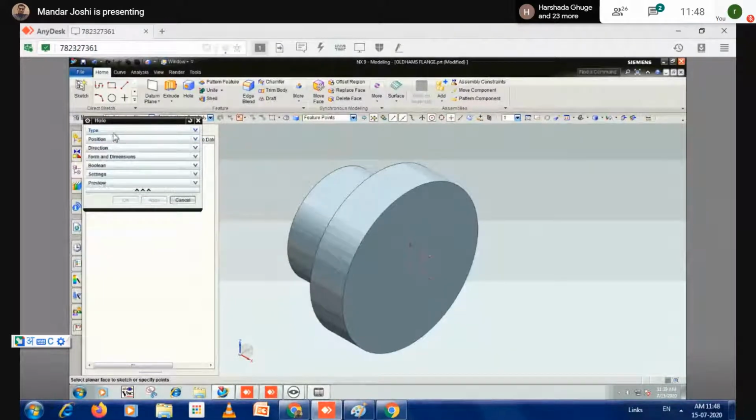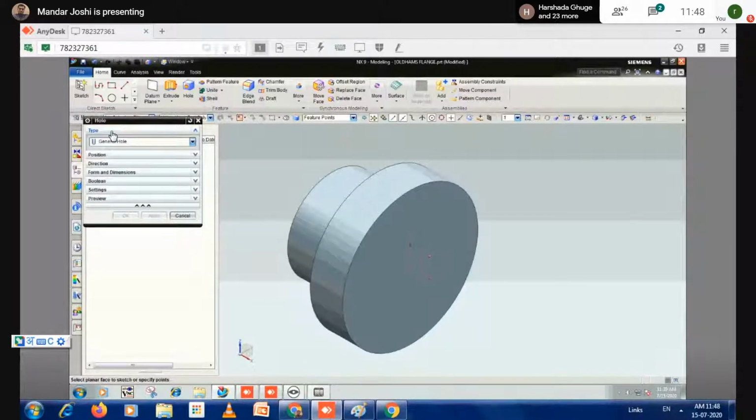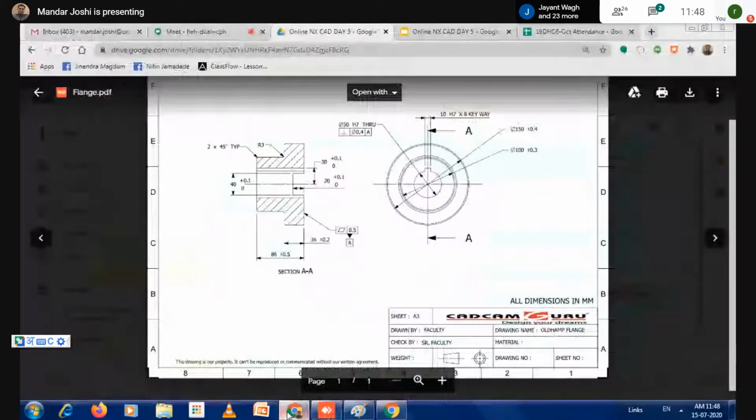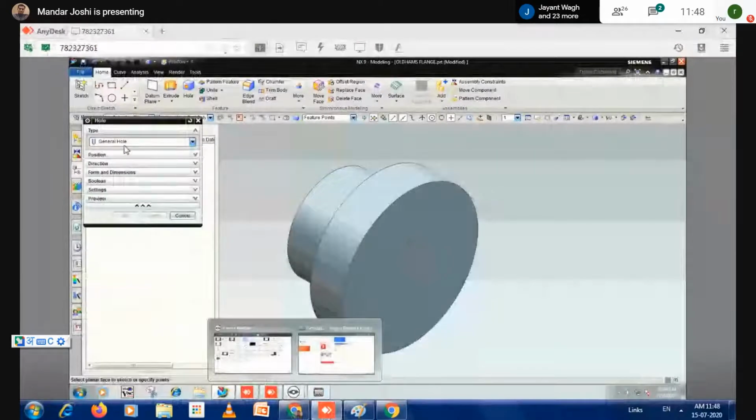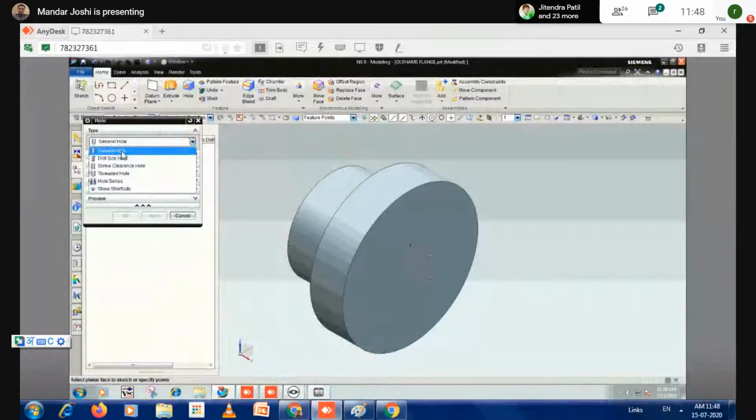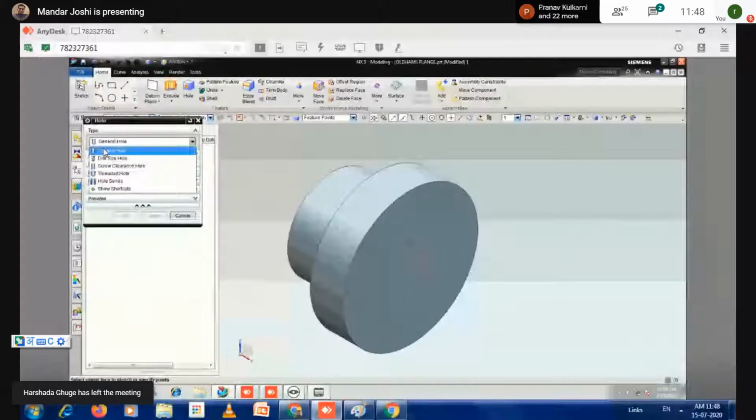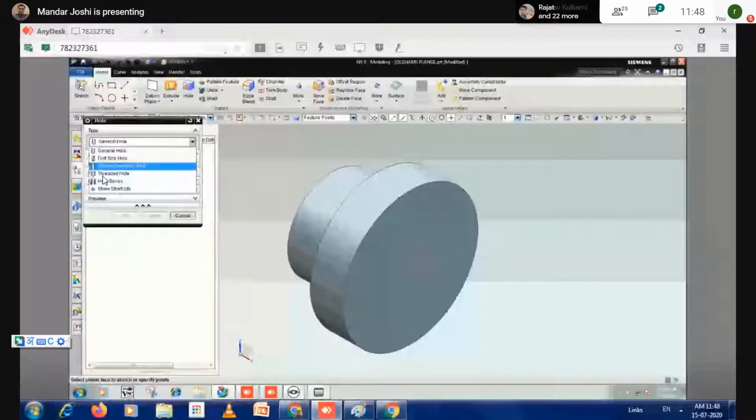First step, you have to define the type of hole. I want to apply a very simple hole. The size is very simple: a diameter of 50 and the depth is through. Only those two pieces of information you have to provide. So I'm taking the general hole here. But if you want to use a standard hole, then use the drill size hole. If you want to use a tapped hole, then use the thread hole or screw clearance hole. If you want to use threaded options, you can use screw clearance, threaded hole, and hole series. I'm going to use only the general hole right now.